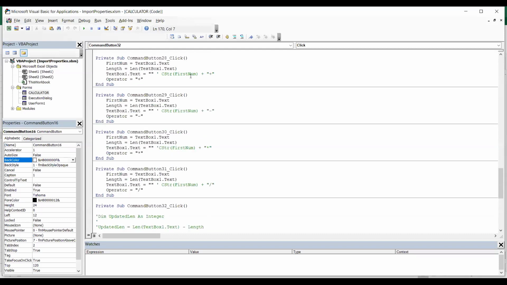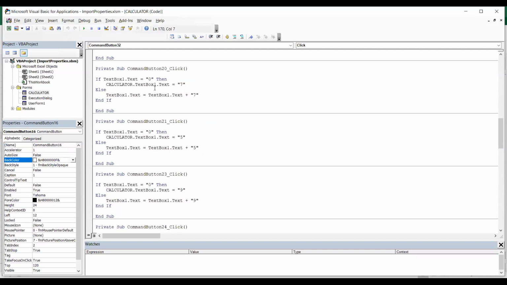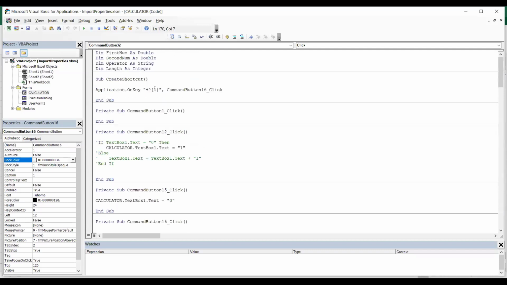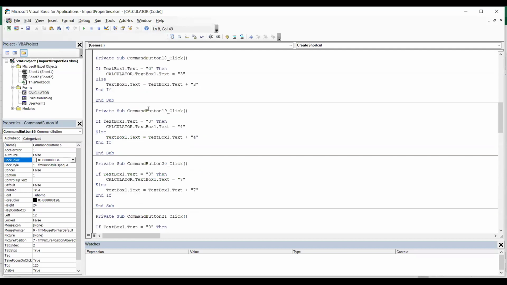In the operator command button code, I assigned the text box value. This is very basic. This is how I created that calculator. Excel also shows IntelliSense for VBA. If I type, it automatically shows the suggestions it has for the reference to Excel and VBA. So this is how the calculator was created. This is the basic thing I shared. That's all from the automation side. I thought to share it, and the introduction and automation session is over.